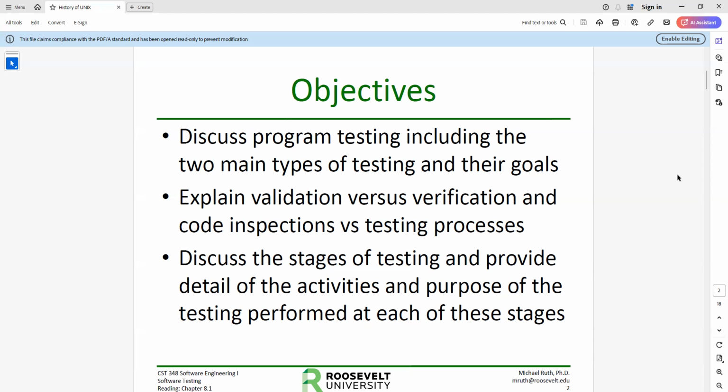Wait till you get to your first job as a developer and you're doing code inspection. Everybody sitting around a table looking at your code and making comments. And then you draw down the comments and you go fix your code. Yay. Pretty basic, right? But that's a code inspection. We'll talk more about that as we go along.